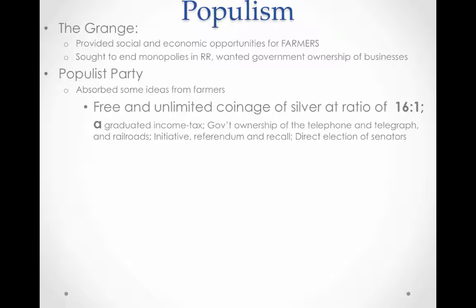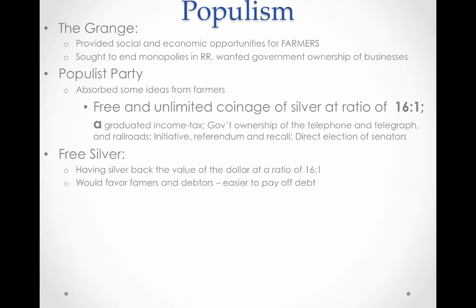The Populist Party does not come to power, and they do not personally create these laws, but many of these are later adapted during the Progressive era. So again, as we've talked about in this course, the theme where you're seeing more democracy entering into the American system, like the referendum, like the recall, the direct election of senators, more examples of direct democracy.